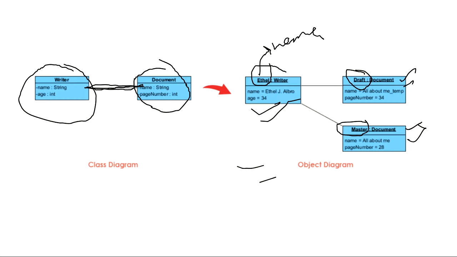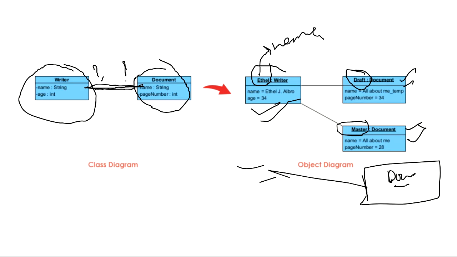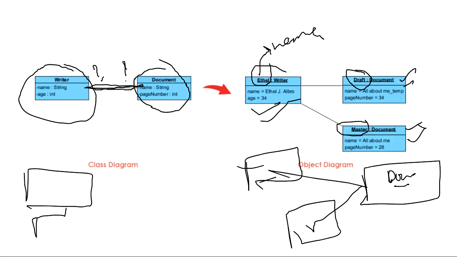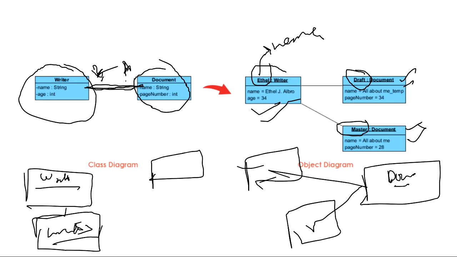It can be the other way around also. There is no multiplicity mentioned here, so it can be in any direction. Here you can create one document object also, and it can interact with two different writers also. You can create two different writers. Suppose this is many to many, star on both sides. So you will create one object of class writer, another object of class writer, one object for document, and another object for document. And I want to show many to many, so I can show it like this. This one is interacting with both, and this one is also interacting with both. Done.